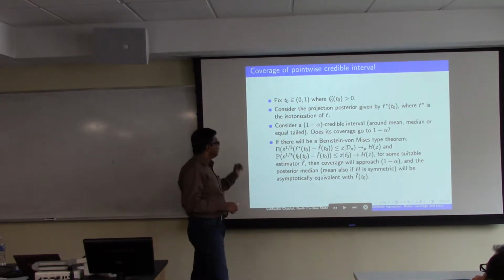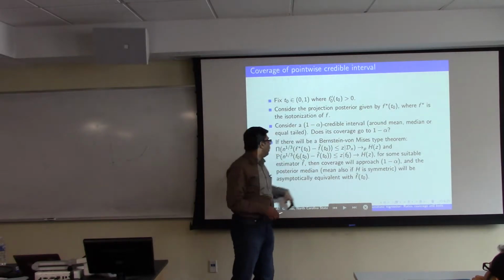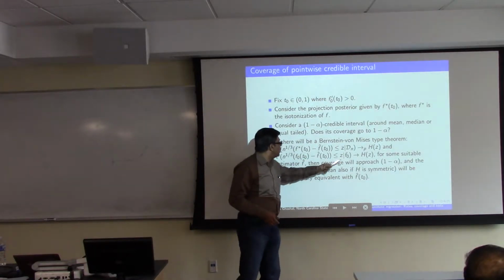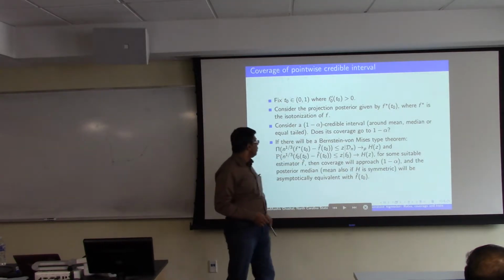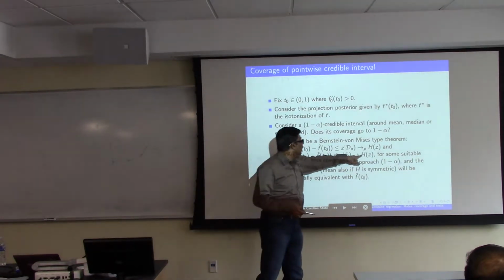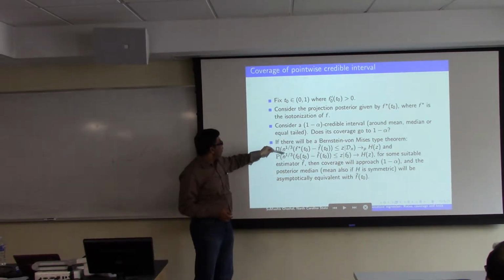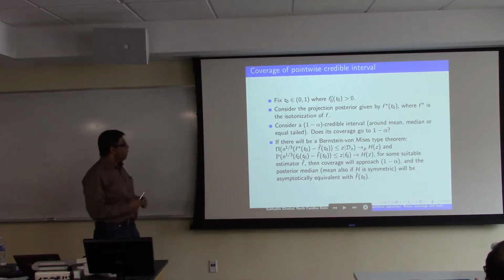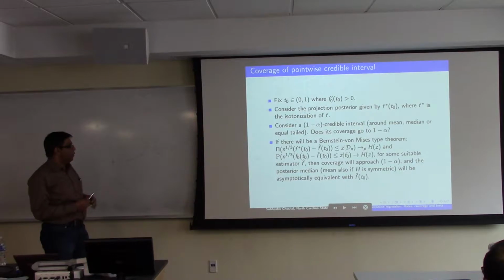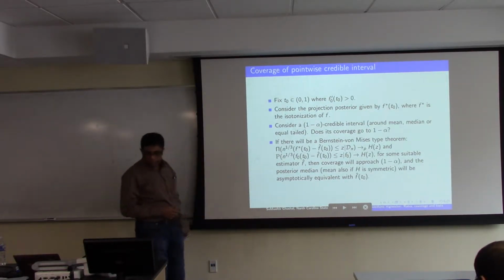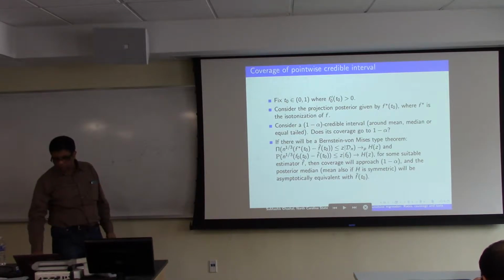In the parametric case, this is n power half, and that is normal. And the corresponding thing for the frequentist, this is the coverage. You have a limiting normal distribution in the parametric case here. If this goes to the same h, then these two would be close for large n. So that is the agreement between Bayesian and frequentist uncertainty quantification. If this happens, then we have the coverage issue solved. But does it happen?